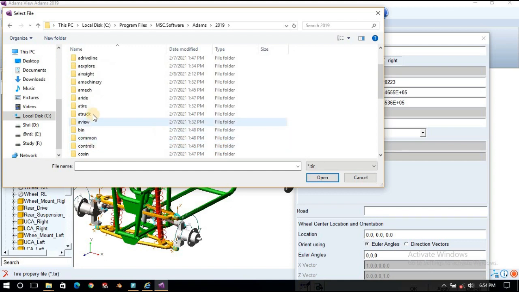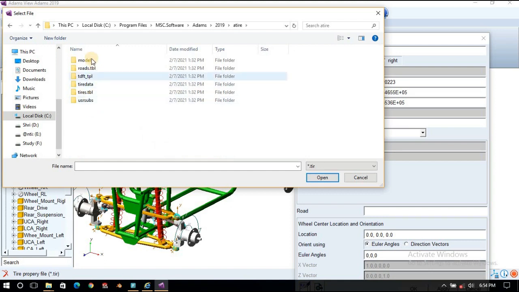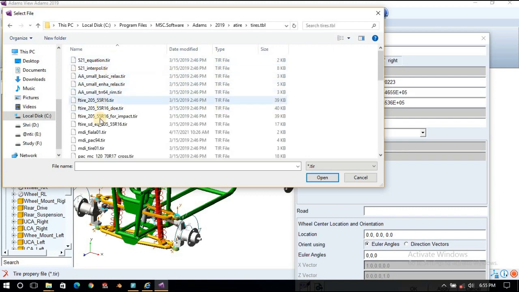In that, go to the A tire, Adams tire. You will find different folders in that. Roads.tbl means road templates, tire data, tires.tbl. First we are going to create a tire, so tires.tbl is the template of tire. There are different templates available here.